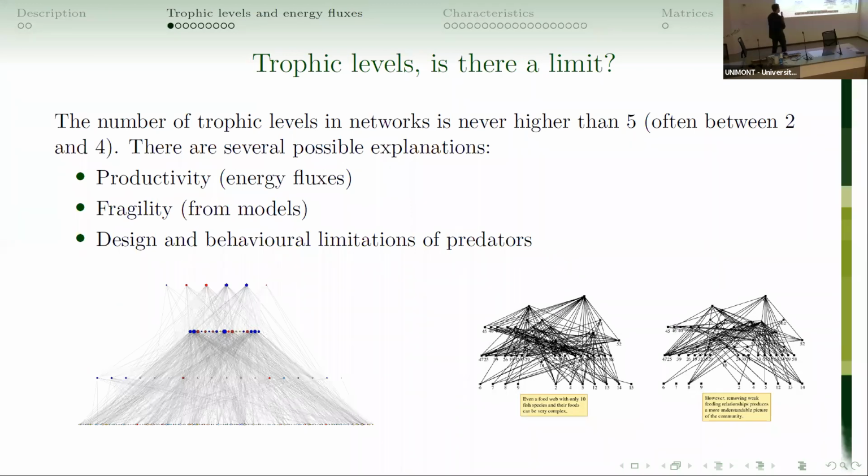Normally it's 3, around 3, 4, and almost never 5, but more than 5. So why? There's basically three explanations of why there are only this amount of trophic levels. I'm going to start with this one. This one, basically what the people that study evolutionary ecology say to explain why there's not 6, 7 trophic levels